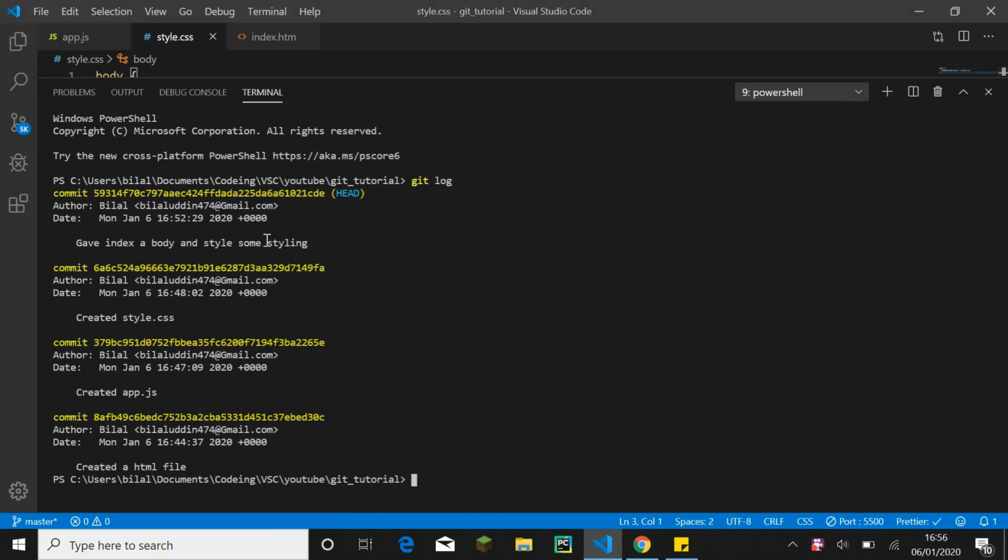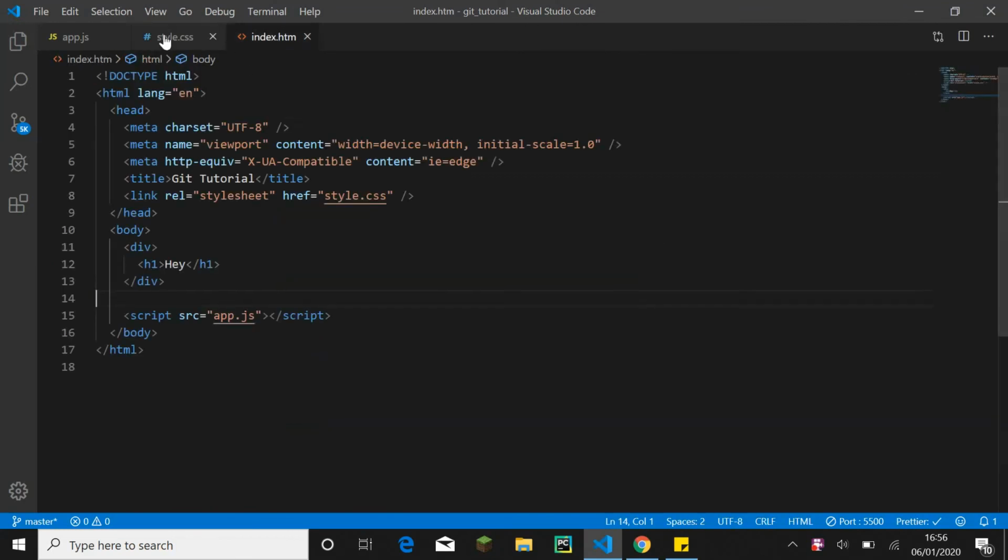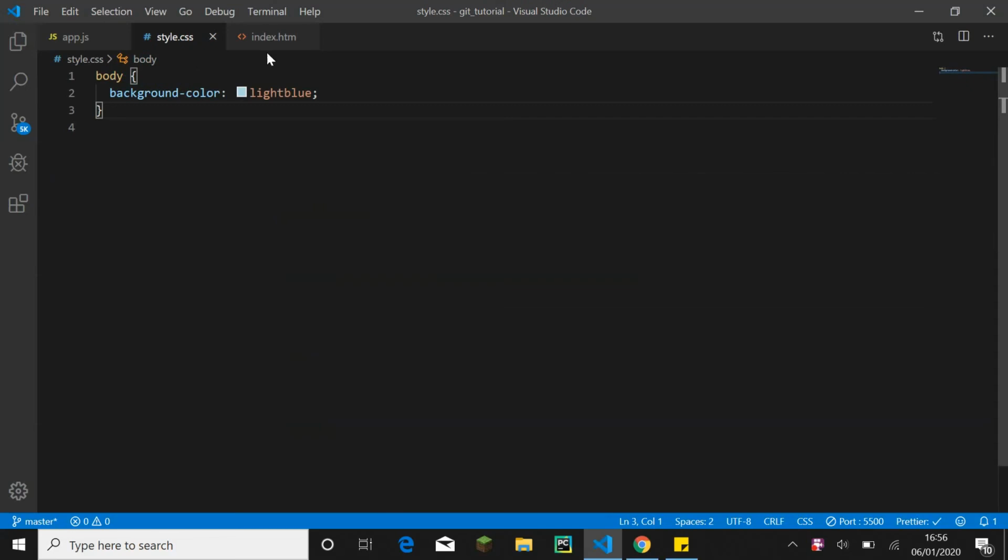Well, this is the one we're on now. Alright then, we're still on this one, right? So let's make a new, well, I'm gonna change up the index, the style and everything. I'll come back when I've